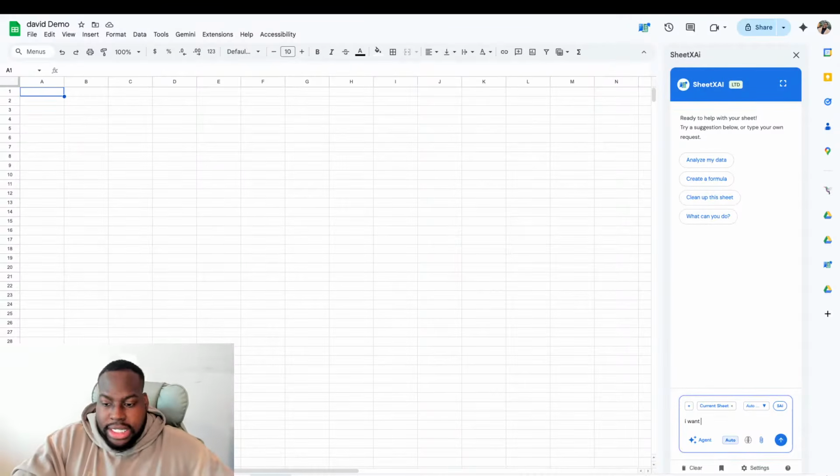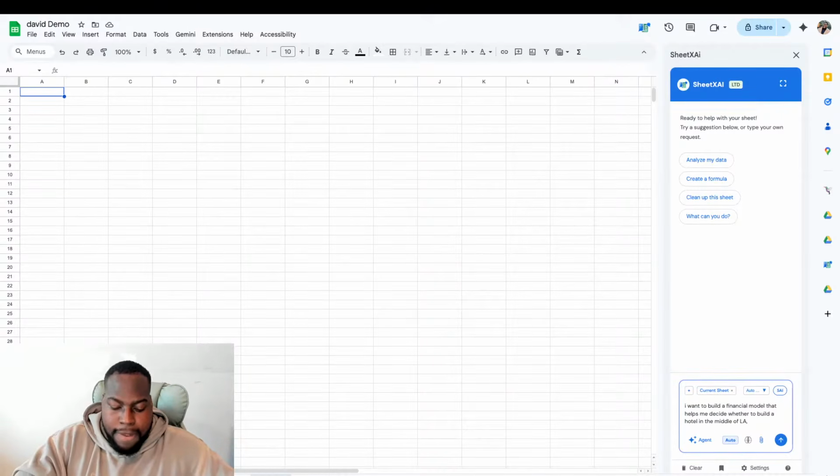So in this example, I'm going to say, I want to build a financial model that helps me decide whether to build a hotel in the middle of LA, right? I want you to use random numbers